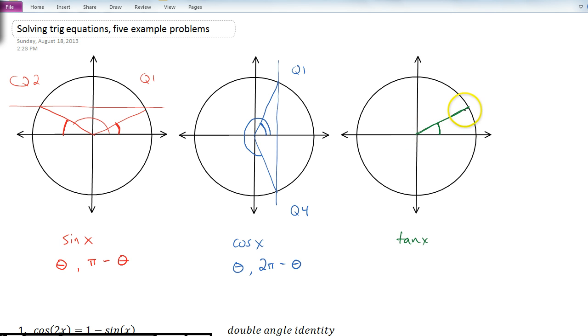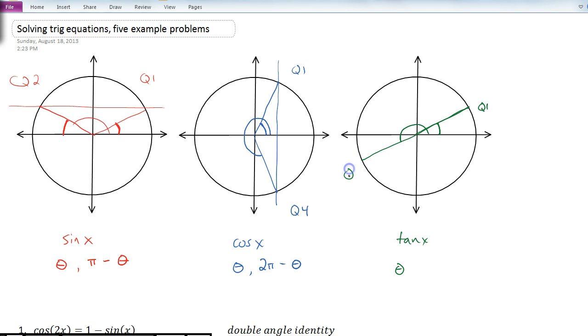Whatever that slope is, we know that it's positive. It's going to be repeated over here. So this radius obviously has the same slope as this radius, so we have that angle and that angle producing radii of identical slope. And so you notice that we'll have theta for that first quadrant angle,